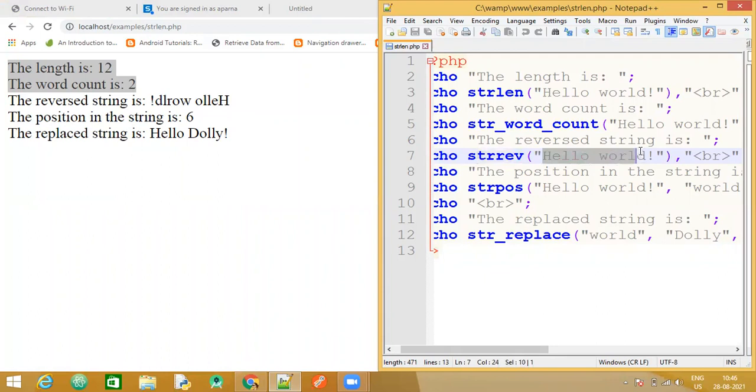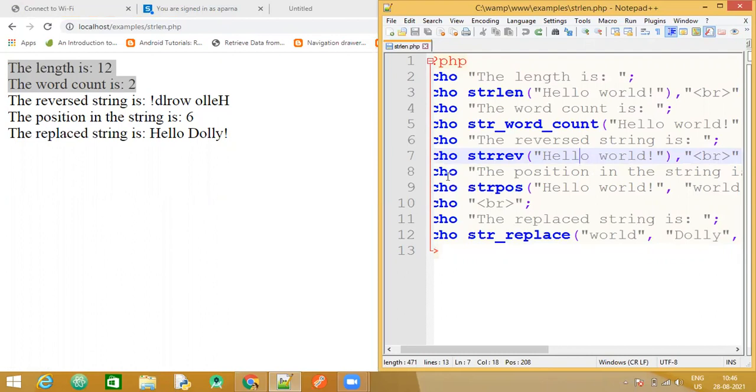So the reverse of this is going to be, first you'll have this exclamation followed by this word, and after that the word hello. Likewise, here you get the required output. After this, I need the text on the next line. So then again a BR tag, similarly ended with a semicolon like we have done previously.